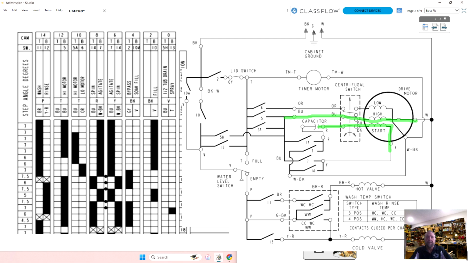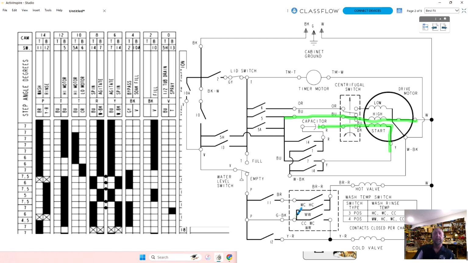Then you suspect the capacitor, the switch, or the motor. So it could be the timer switches, it could be the motor, it could be the capacitor. But if you see my two green lines, the question is, how do I test it? Where do I make the test?